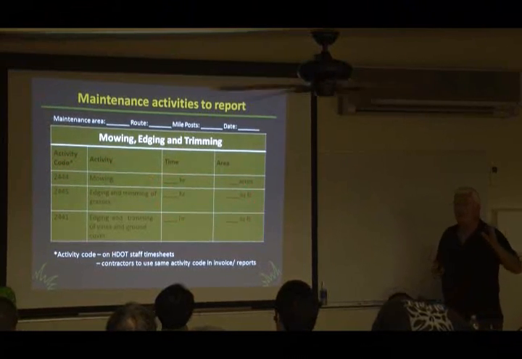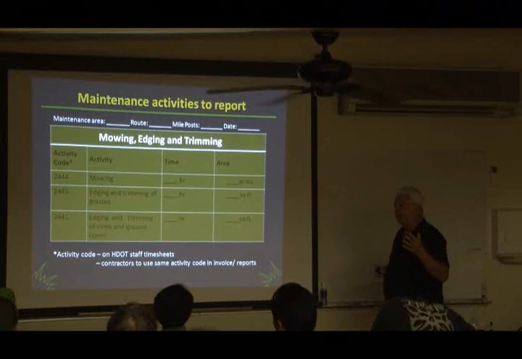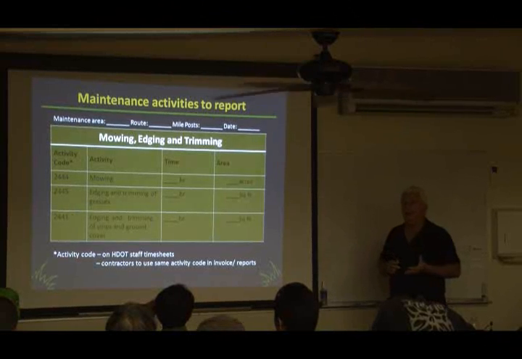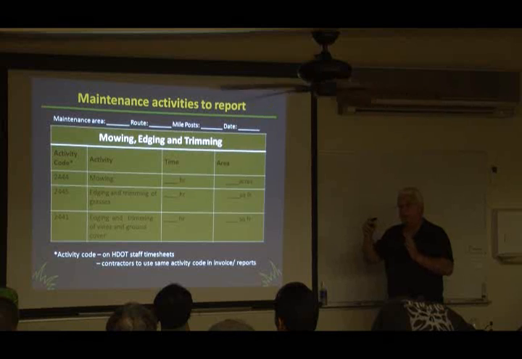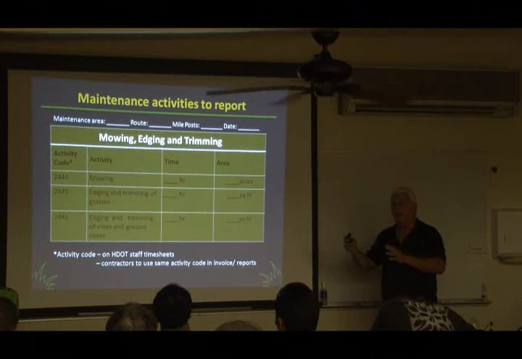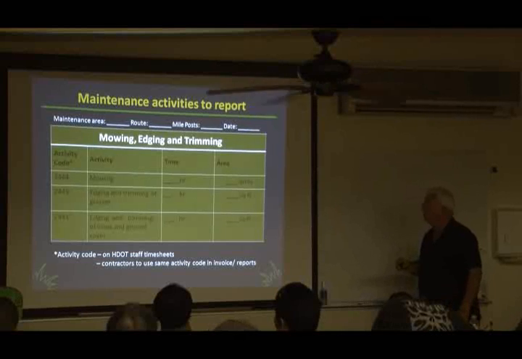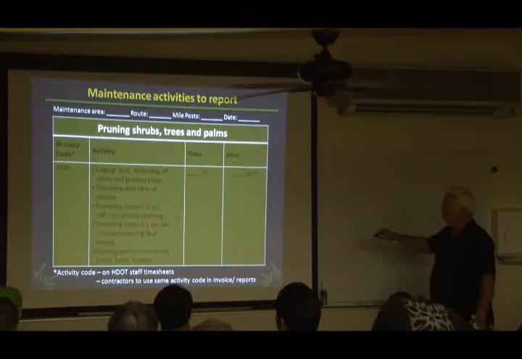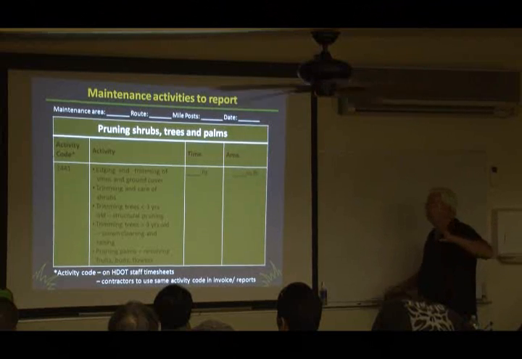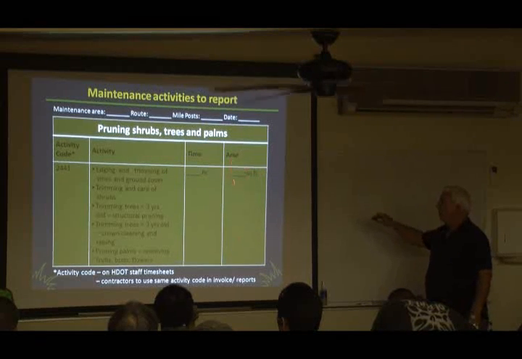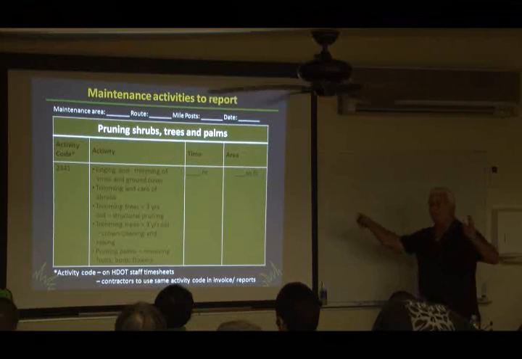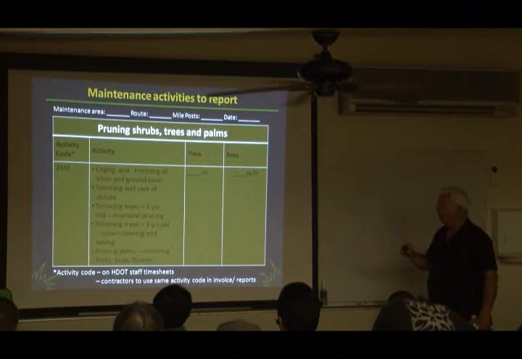This is to determine, again, not how fast you do things, or whether they're done or not. Well, actually, whether they're done or not. DOT wants to know what's being done, and if things aren't being done, then they need to identify those things. Pruning shrubs, trees, again, activity code 2441. All of these activities, again, time spent, approximate square feet, approximate areas. You could say, for example, trimmed hedges along Kalanianaole Highway or whatever, from one marker to the other, and approximate footage for that.